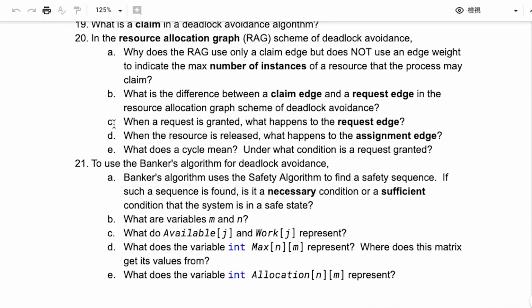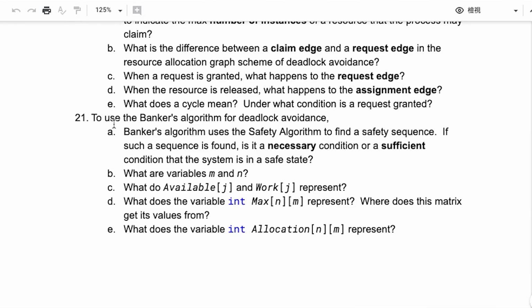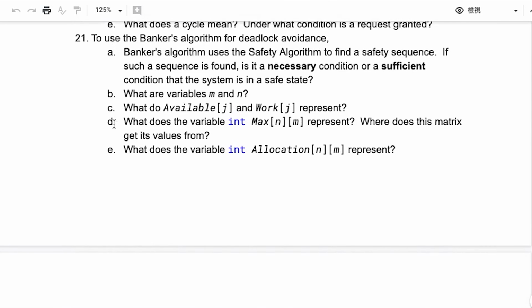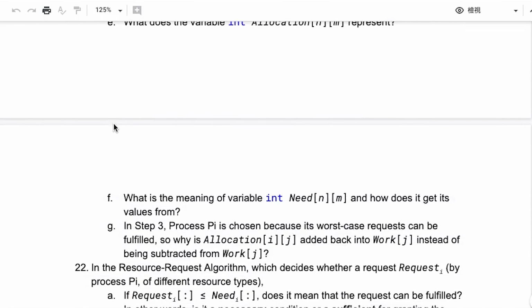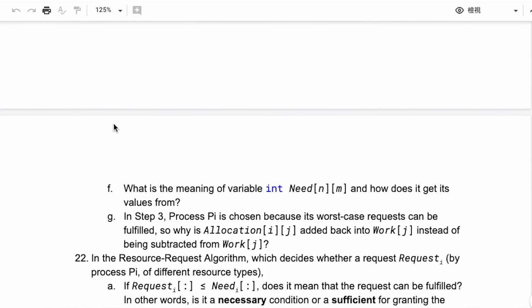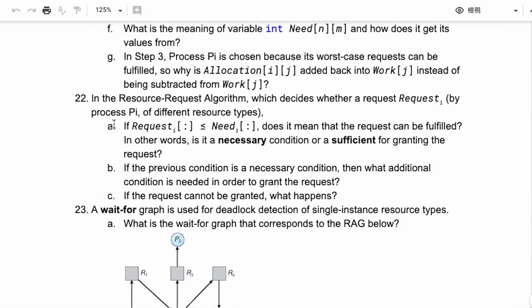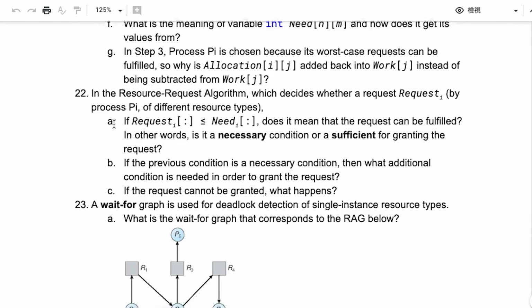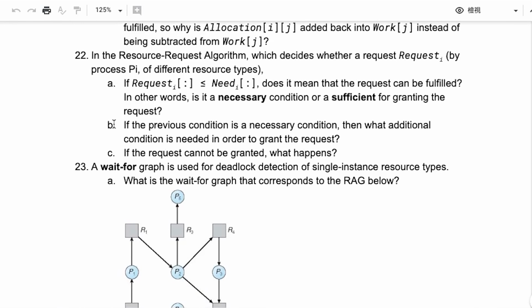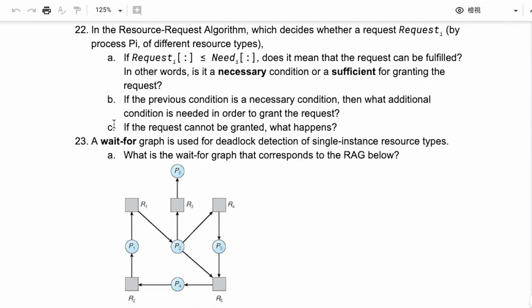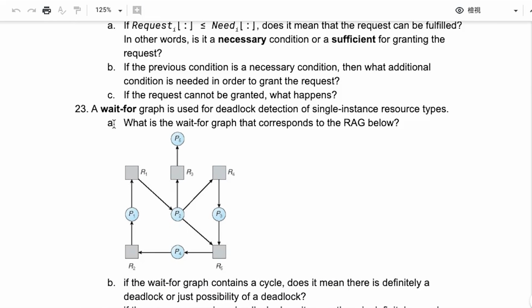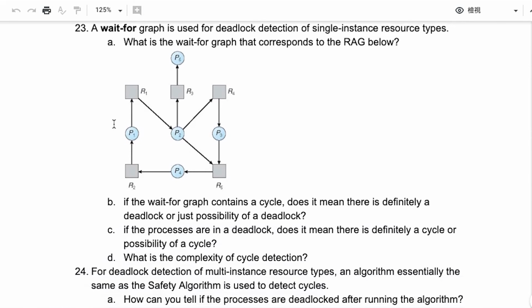And I am very likely to take questions out of these review questions, possibly even identical, maybe with minor adjustment. So even though I don't require you to turn these in, you better have a good idea how to answer. The way to find out is to go back to the lecture, the slides, or even the textbook, so you can find the answers to these things.